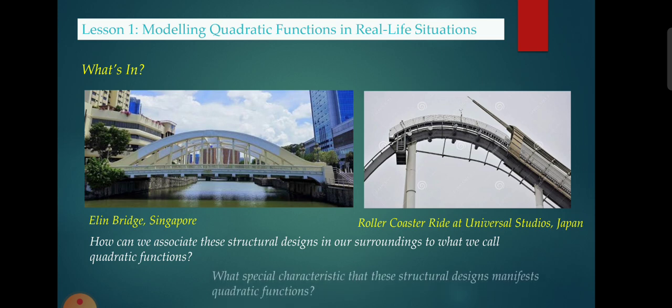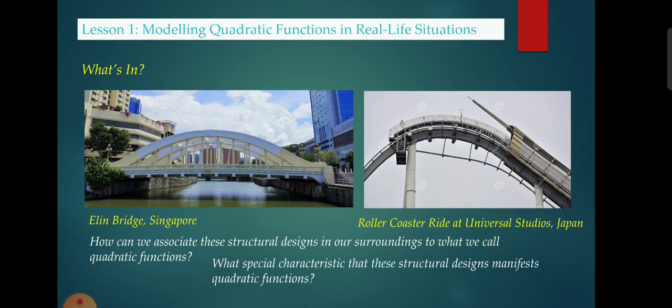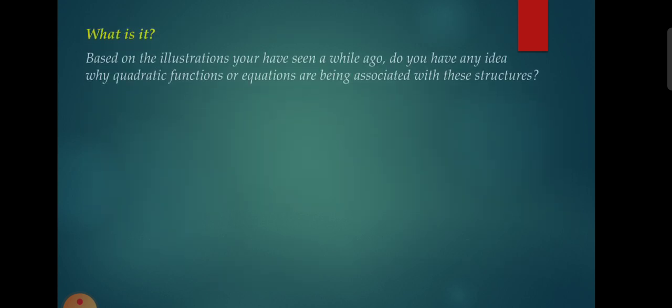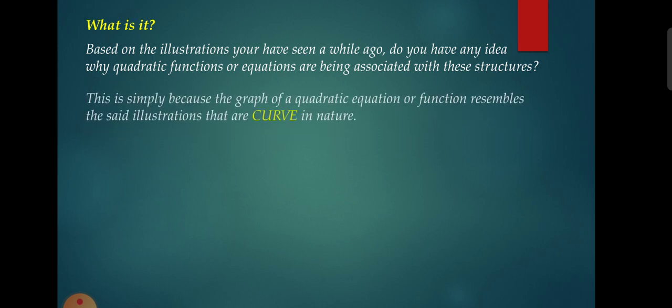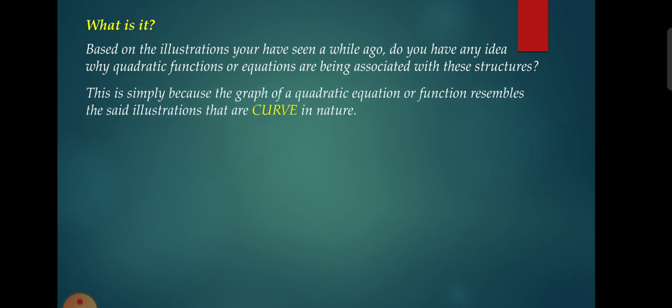What special characteristic of these structural designs manifests quadratic functions? Do you have any idea why quadratic functions or equations are being associated with these structures? This is simply because the graph of a quadratic equation or function resembles the said illustrations that are curved in